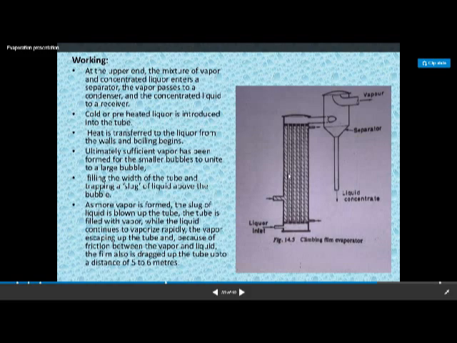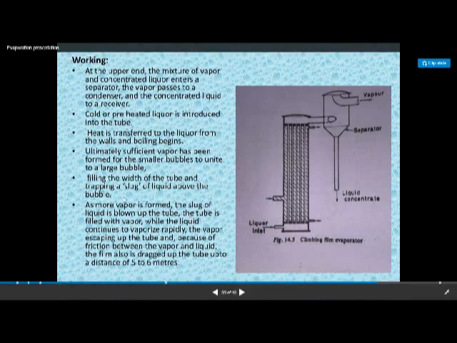After bursting, there will be formation of a film on the side of the wall, and in this way the liquid rises up and reaches the upper side of the evaporator. Then it enters this separator, where the liquor gets separated and the steam is introduced into the condenser, and through the condenser it comes out in the form of vapor. So this is the mechanism of the climbing up of the bubble.